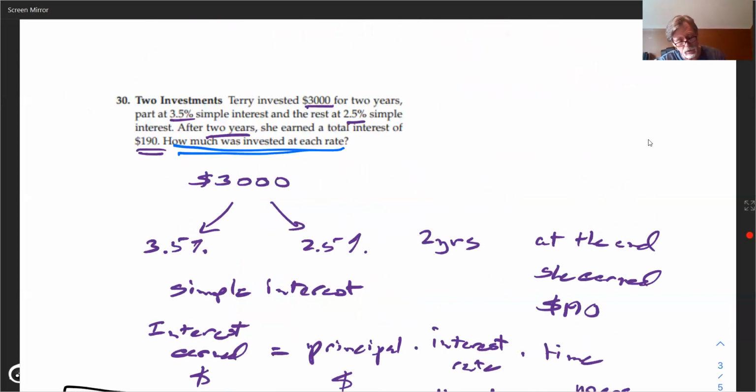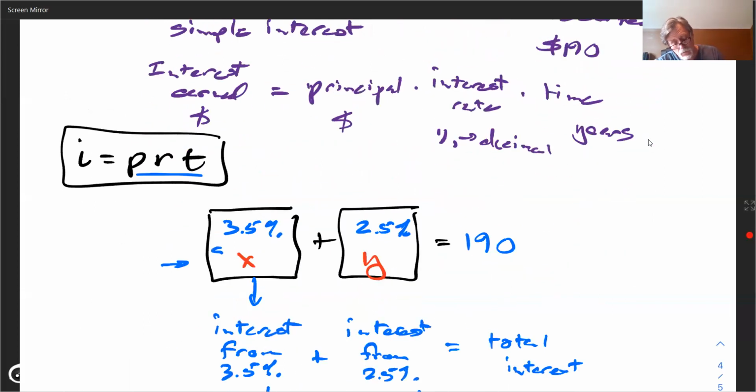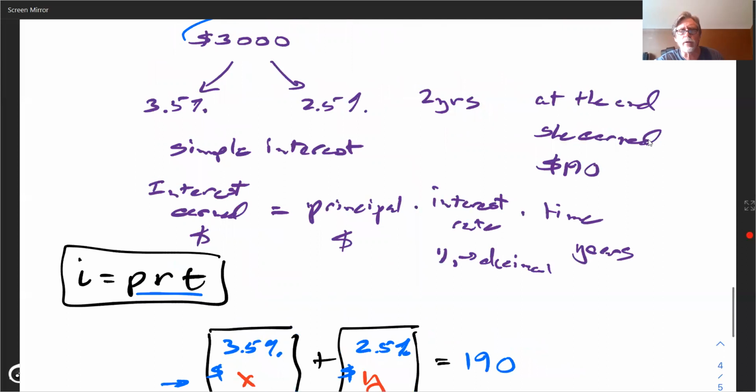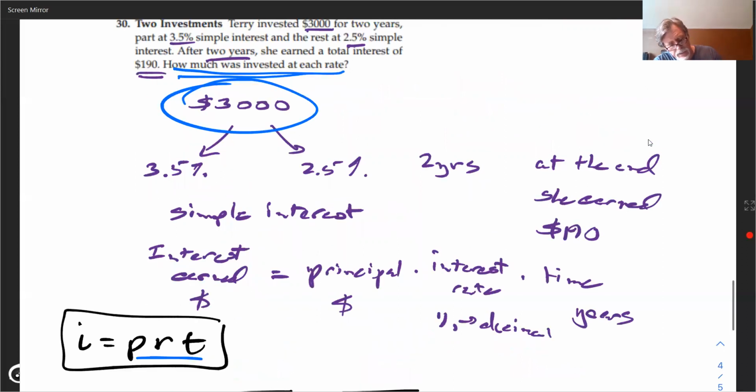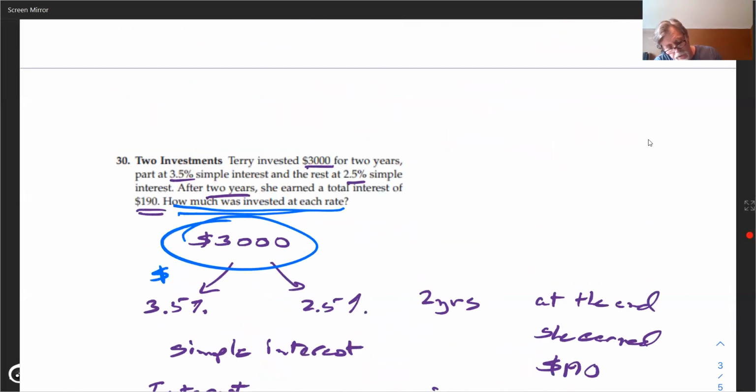And of course, those are our unknowns. X dollars and Y dollars are invested. Where did X and Y come from? And where does that $3,000 come from? Oh, wait a second. She's going to split it. The way I did the table, the X dollars go in there and the Y